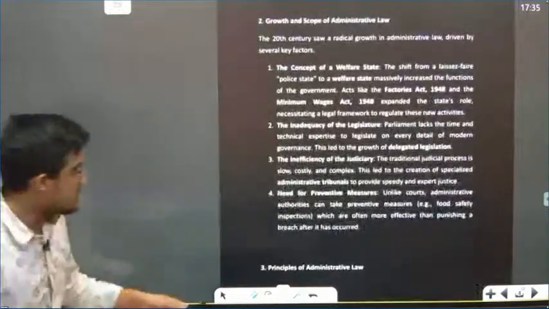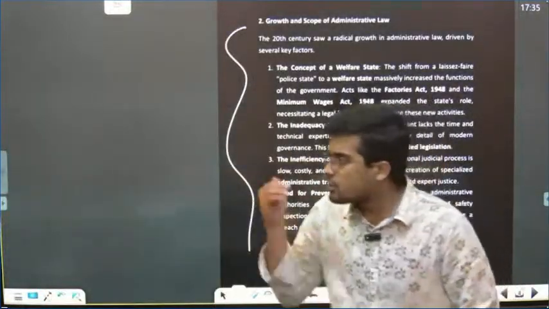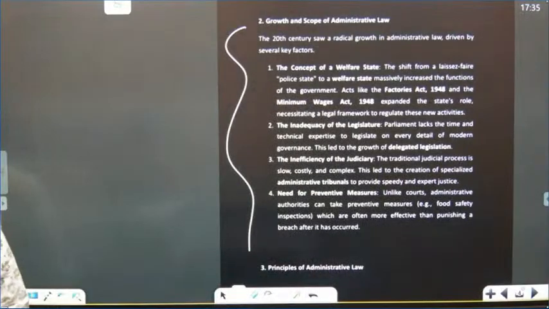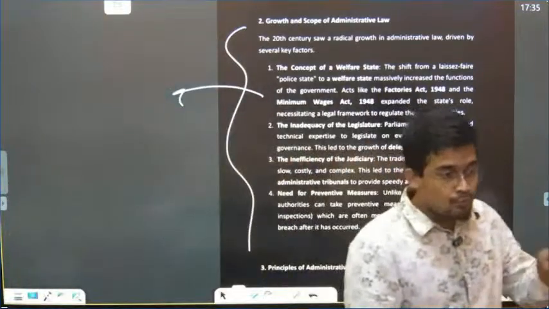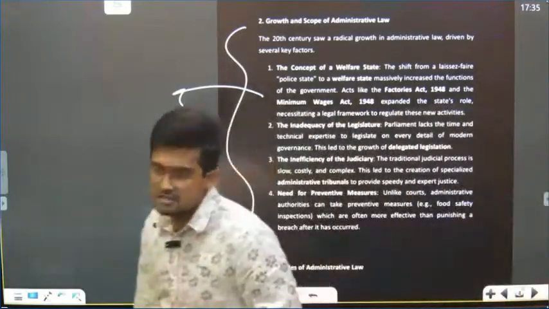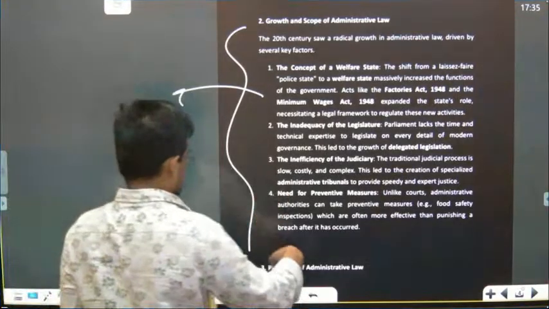Now, why did administrative law grow in the 20th century? Why did it not grow in the 19th or the 18th century? Why not in the 21st century? Why the 20th century? What was so different? First was the concept of welfare state. We wanted the state to carry out certain welfare functions for the citizens of India. Second,